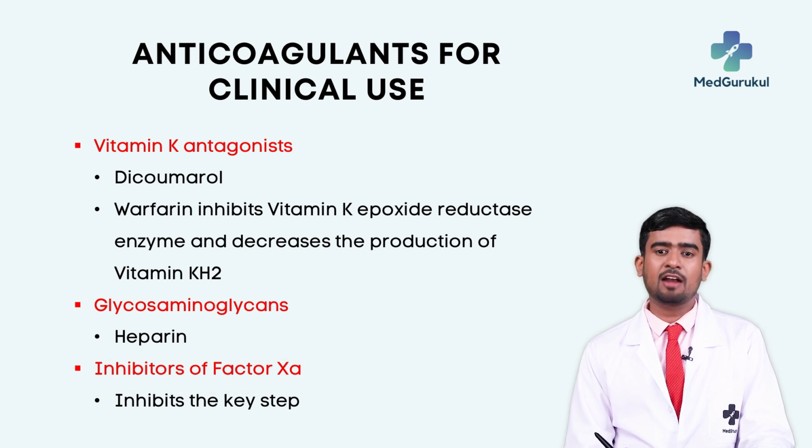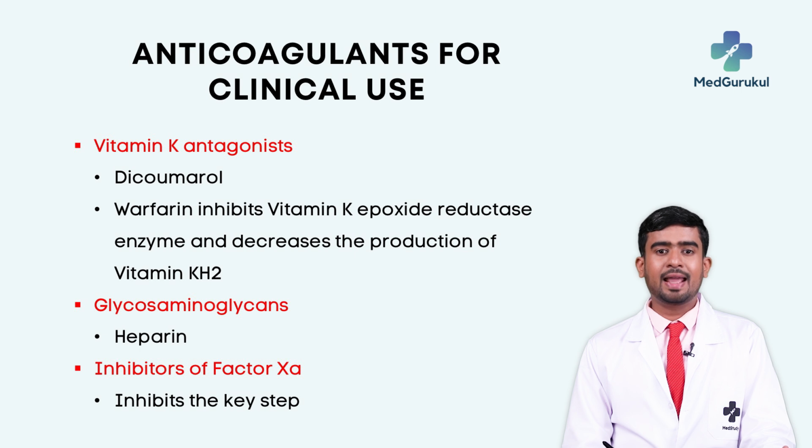We have already seen that factor 10 is the common step present in both the intrinsic as well as the extrinsic pathway of coagulation, because factor 10, once it gets activated, will lead on to the activation of prothrombin to thrombin, and further it will activate the formation of fibrinogen to fibrin. So, the most important step or the common step is activation of factor 10. So, there are various drugs that will inhibit the activation of factor 10, that also can be used as anticoagulants